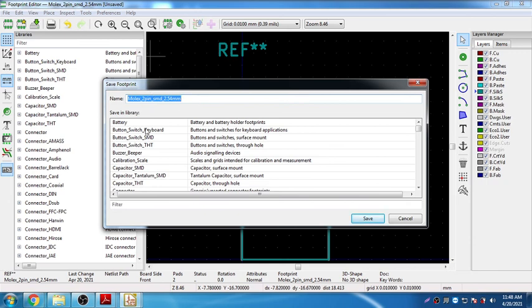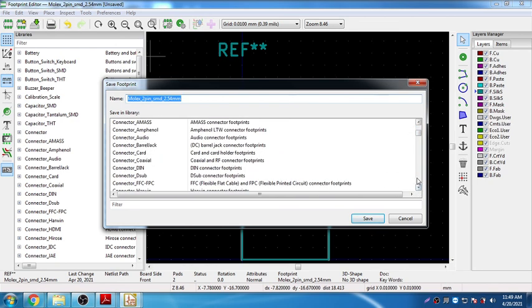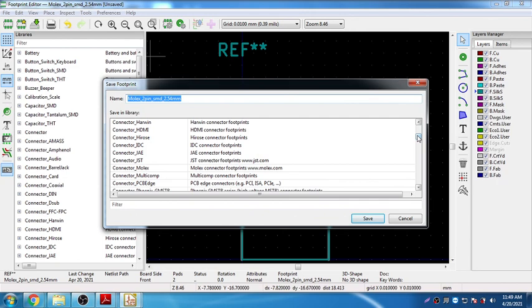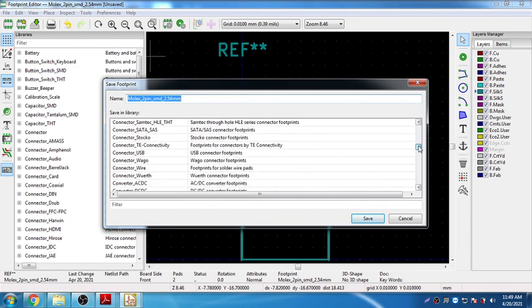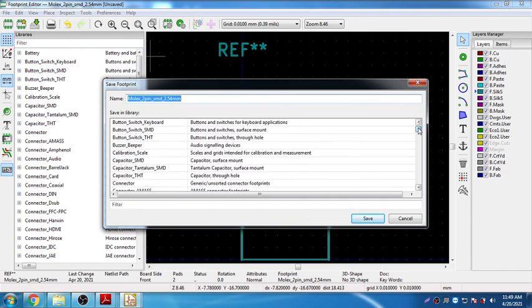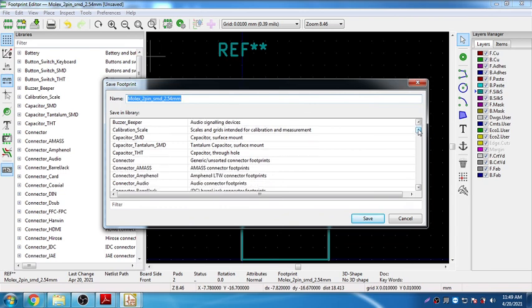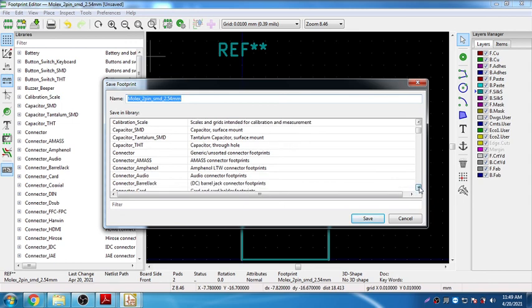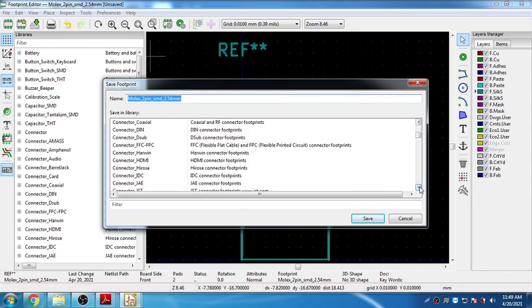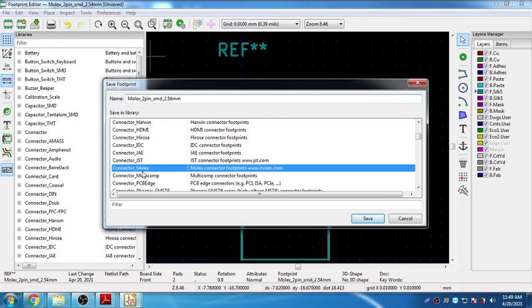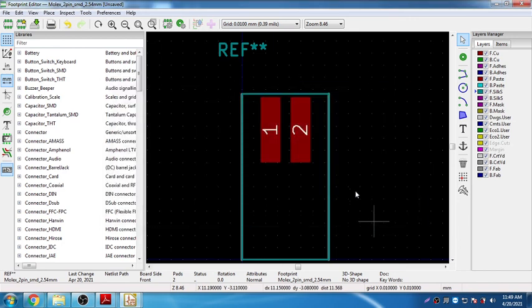It will ask which library you want to save this component in. So I'm going to save this component in the Molex connector library. There are connectors from different companies, so we can choose which company's connector we are actually looking for. So I'm going to save this in the Molex connector, so that whenever I search for this component, it will appear in the Molex connector.